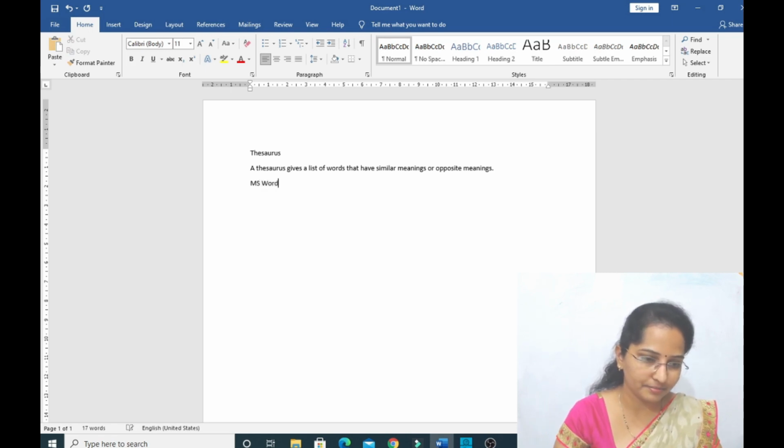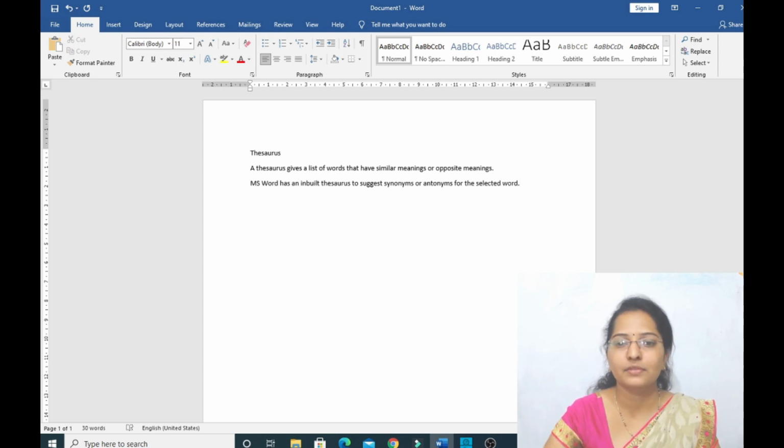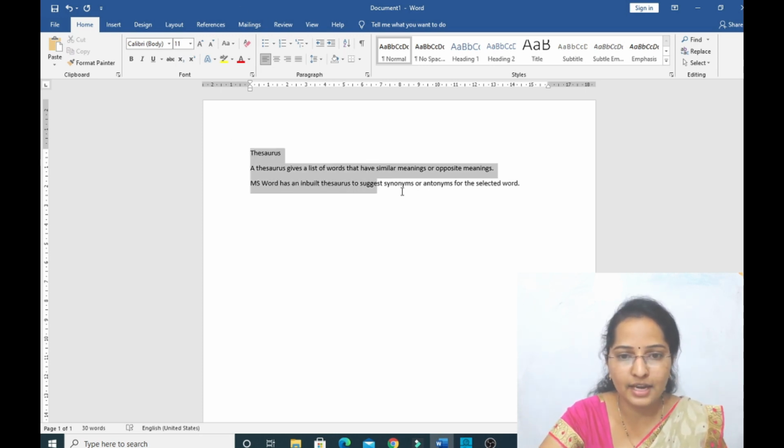MS Word has an inbuilt thesaurus to suggest synonyms or antonyms for the selected word. Okay, these two sentences I have written.